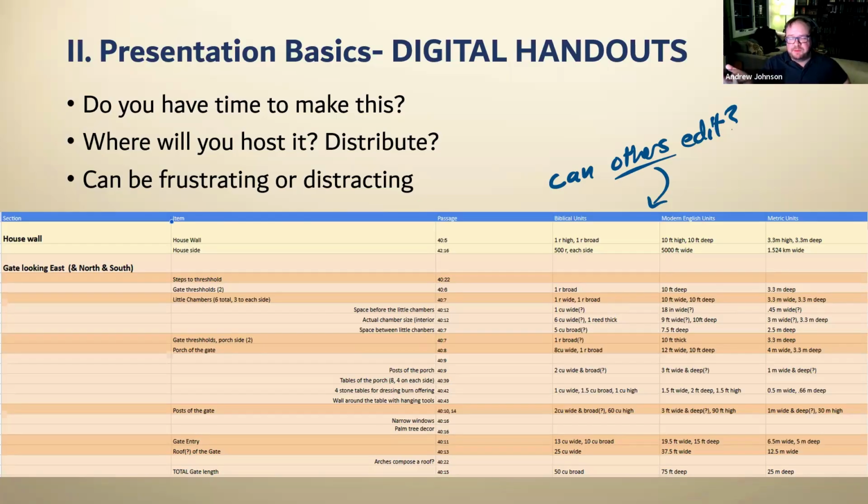The question is, can other people edit it? If somebody wanted to pull this or a section of this for their Bible class, could they do it? Or have you cut editing off for other people? I really want to encourage you, if you're making up your own charts and graphs and stuff, please do share those with other people. It's really beneficial for other Bible students to be able to do that. However, please share it in a way where people can edit it and benefit from it that way as well.